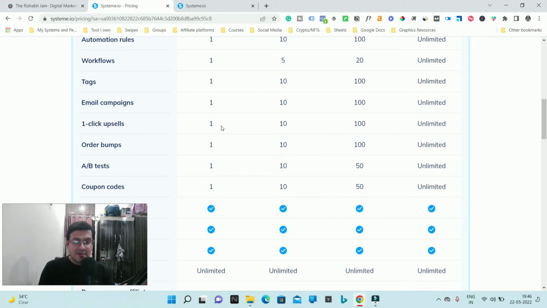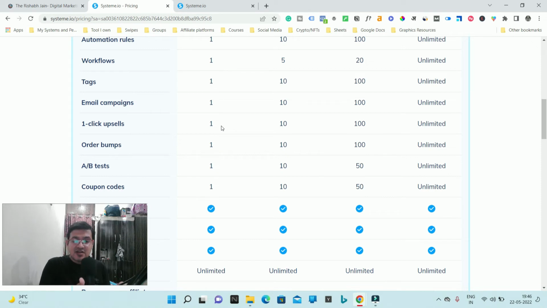And when he makes the payment, he is actually buying two products, the main product and also the order bump, the product that you have added in the form of an order bump. So this is the order bump, and you can create one order bump, and you can add one-click upsell as well, which means that